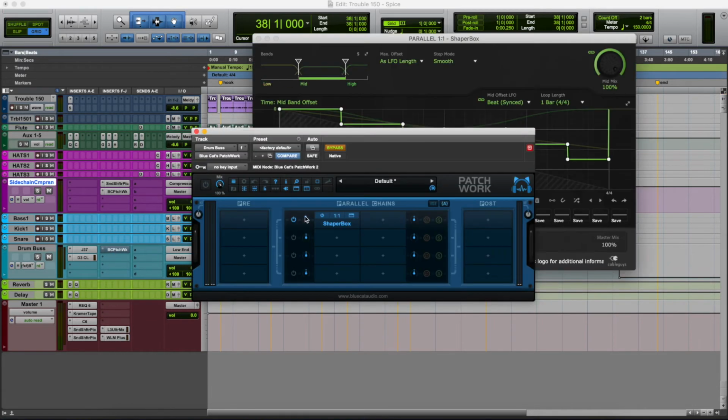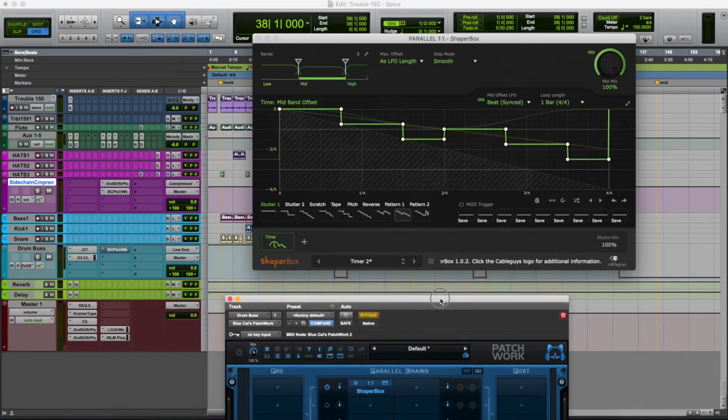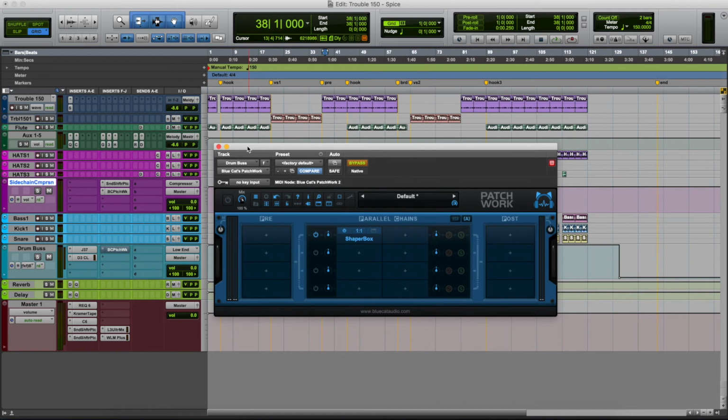So to automate this, you'll notice that the word bypass is in green. That's how you know it's automated. And I just put a preset on there. I didn't do anything to this preset, even where it's actually kicking in. You can move these markers on timer 2. And then for automation,